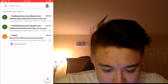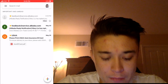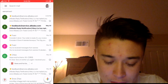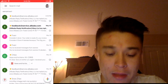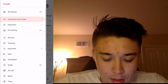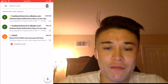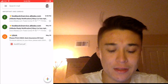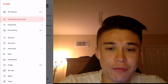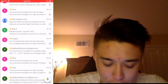So here's my important and unread. If I were to read this email, this tab would clear up if I refresh it, and that email, which is still important, will be in the second tab, which is just the important tab. And if I were to unread it again and refresh it, if I go to this tab, it would pop right back up, and it's super useful for me to see if the email has been read, if it's out of my brain, out of my mind, and I just move on with life. If I need to pull up an email that I sent before and I need to respond to it or send some update, I just go back to the second tab, scroll, find what I need,